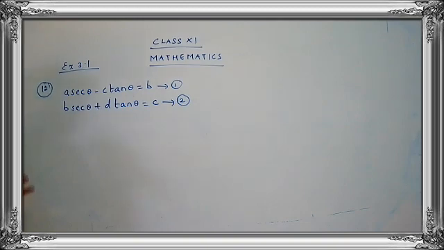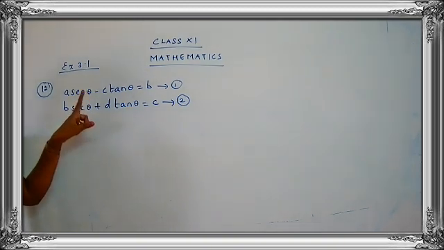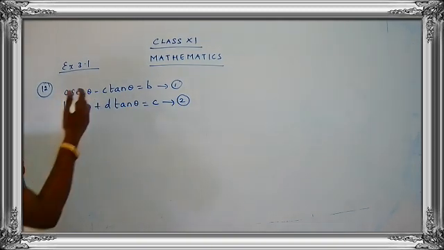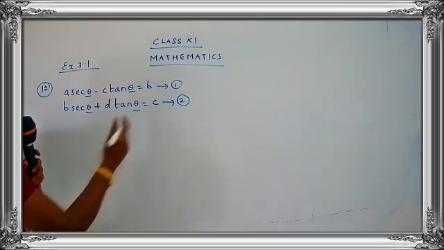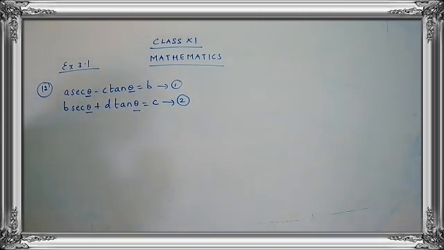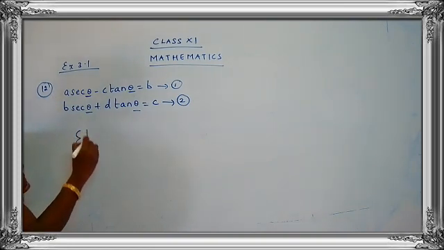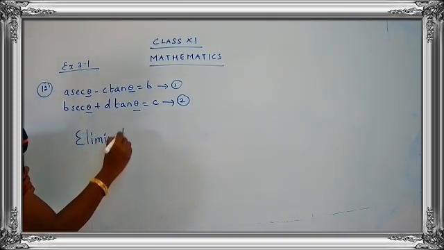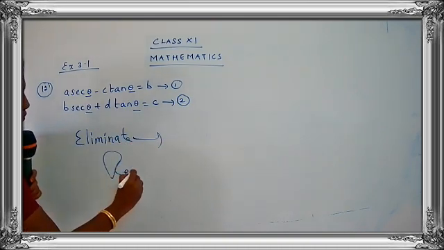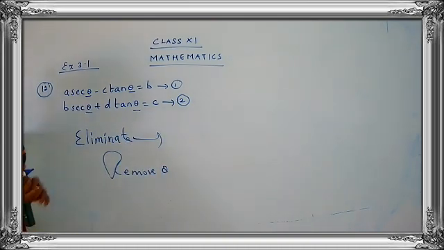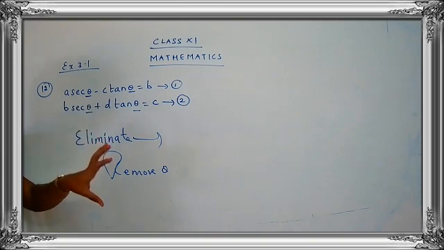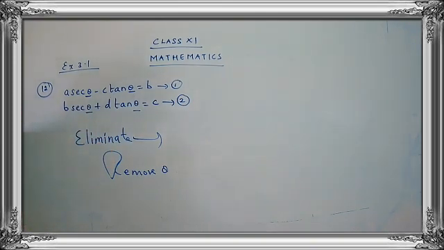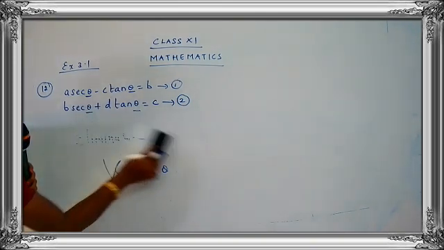And what is the question? They are saying that you have to eliminate theta. So what is in the equation? You have theta present in the equation, and the question is to eliminate. What is the meaning of eliminate? Eliminate means you are going to remove theta. Getting my point children? So what are we going to do? We are just going to work out on these equations and remove the theta from the equation. That is what we have to do. Are you getting my point children? Okay. So let's start with the work.